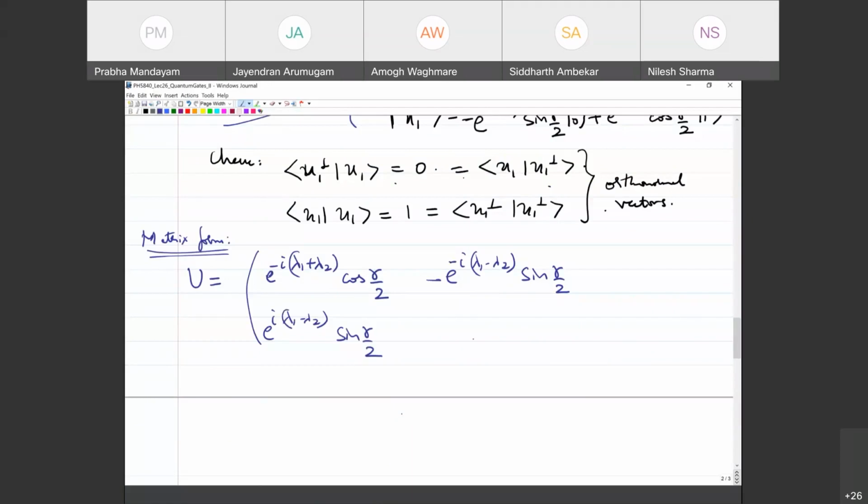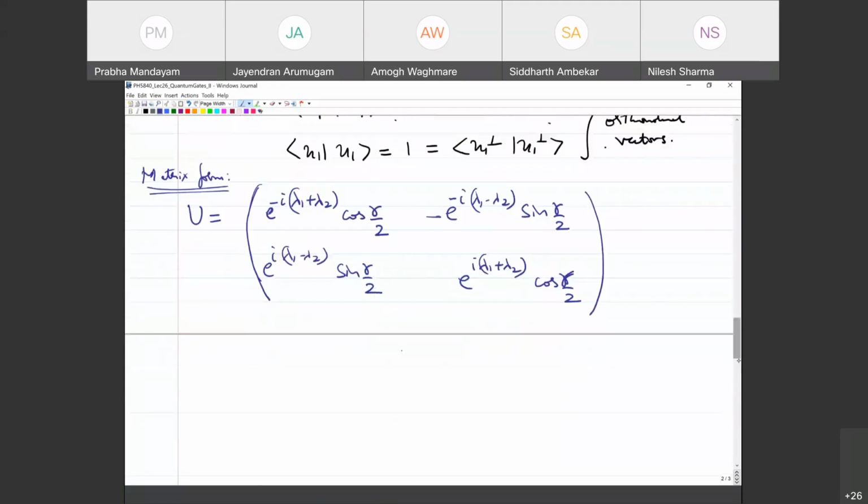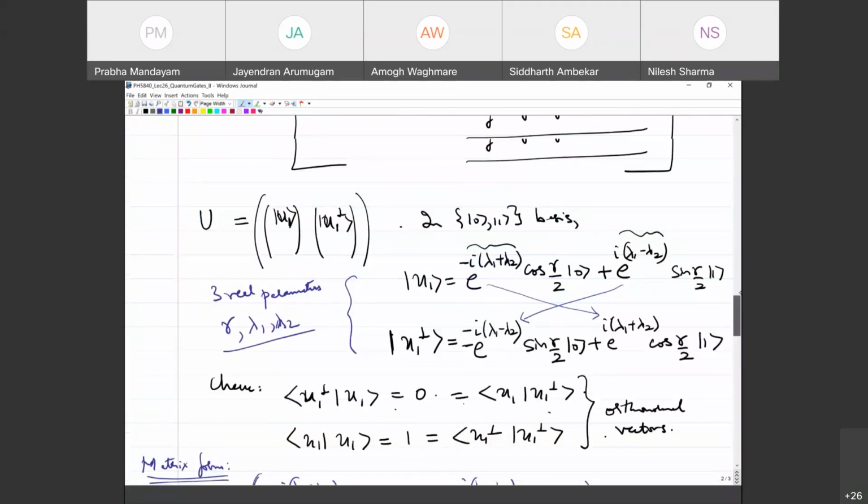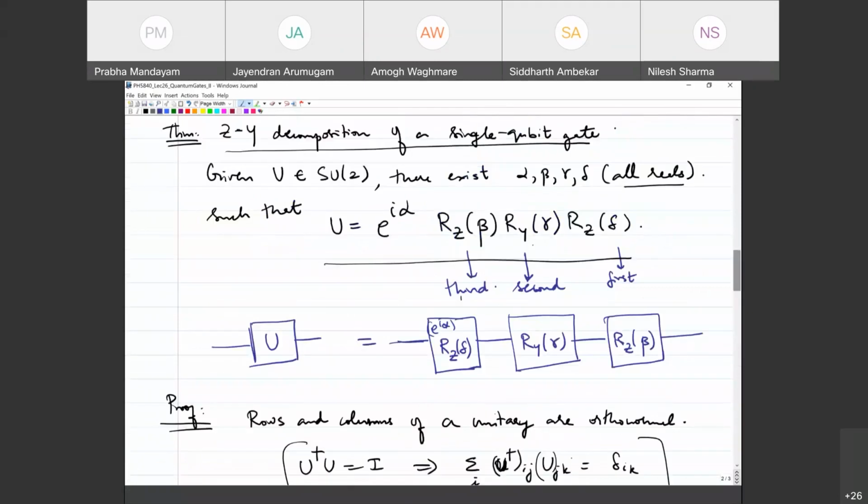And this is a minus sign here. Okay. And now it's easy to get this form. So can you already recognize it? I've already used gamma, right? So we already have the Ry of gamma structure, because recall